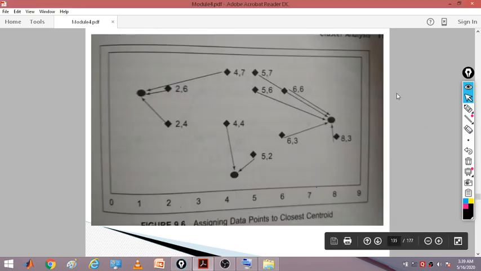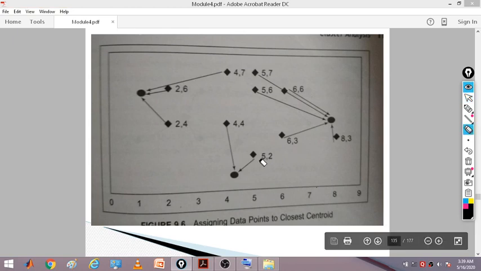Now in this case, 5 and 2, when we calculate the distance of this particular data point from this cluster or the other cluster, this was close to this, so we put this point belonging to this cluster, and we have shown an arrow. Likewise, when we take the distance of this one from this centroid and this one, this was close to here, so we put an arrow mark like this. So now we have divided one group and the other group.